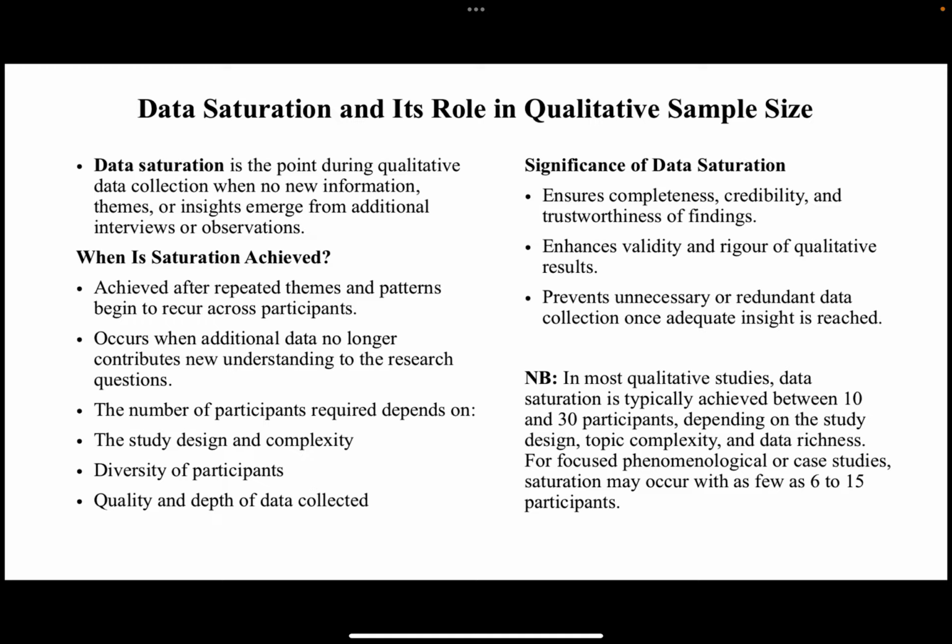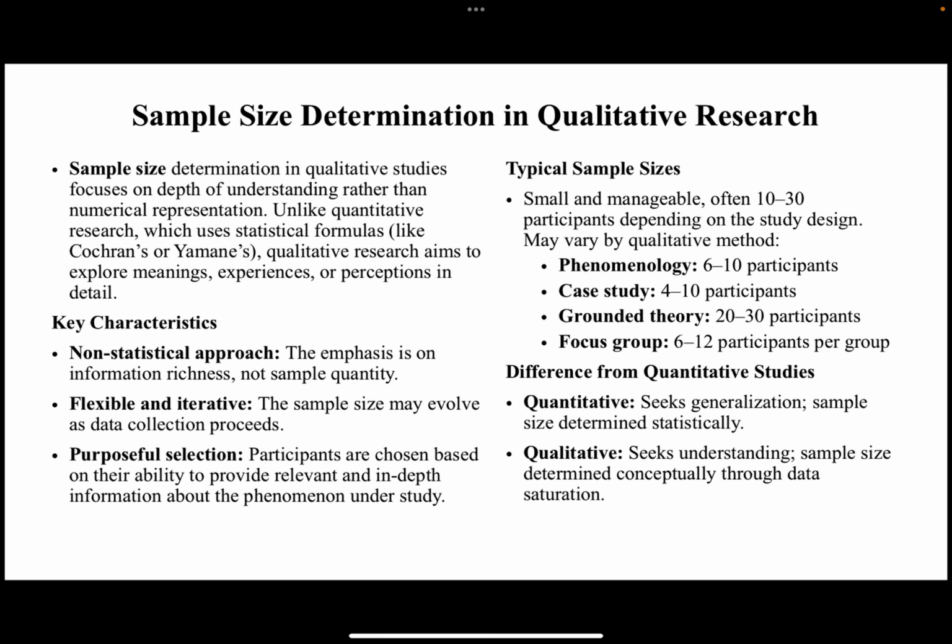We use data saturation. Unlike quantitative research, where we use statistical tools or methods, over here it's non-statistical. That is one characteristic, and you should know the characteristics of qualitative sample size determination: non-statistical, flexible and iterative, purposeful